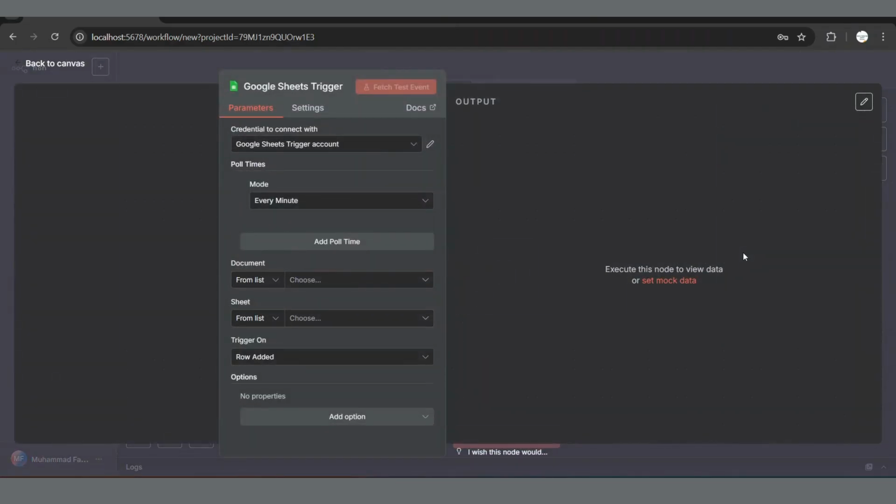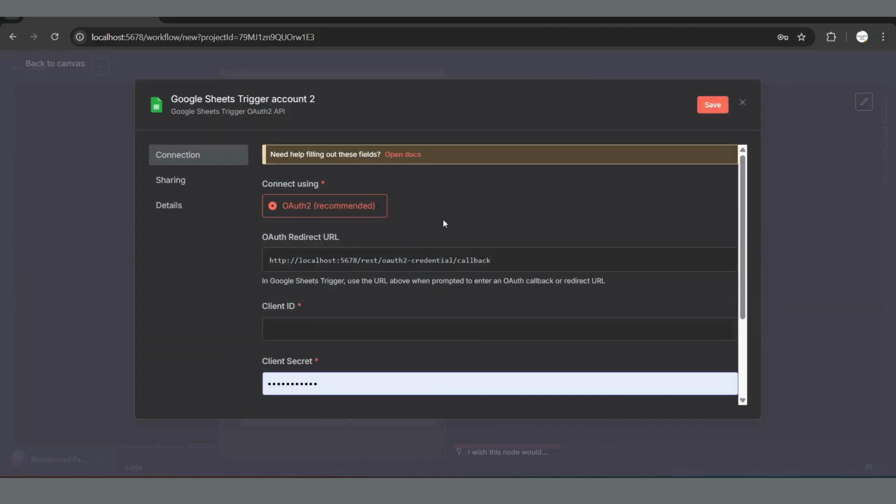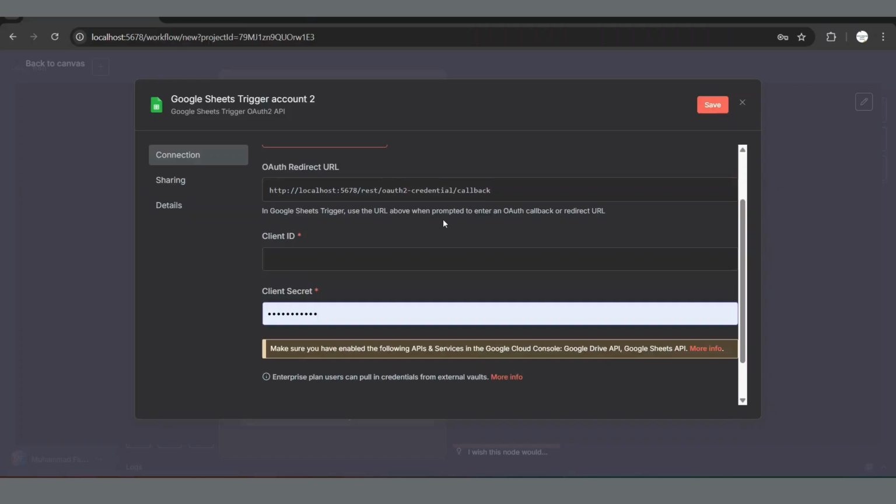So when I click on it, it showed me this. I'm already logged in, that's why it's showing my account here. So if you are not logged in, it will show you this screen instead of that. I already showed in my previous videos how to connect your account with Google Cloud Console. I'll highlight this again in this video as well.